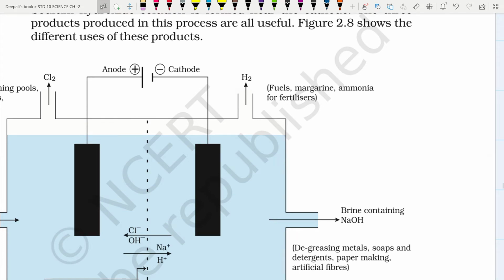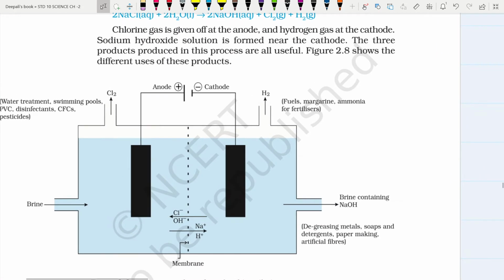The sodium hydroxide solution is formed near the cathode. The three products obtained in this process are also very useful. You can see from the figure that in this setup the brine is entering from the inlet and brine containing NaOH is coming out from the outlet. There is an anode and cathode, an outlet for Cl2 and H2 gas, where H2 gas is later on used